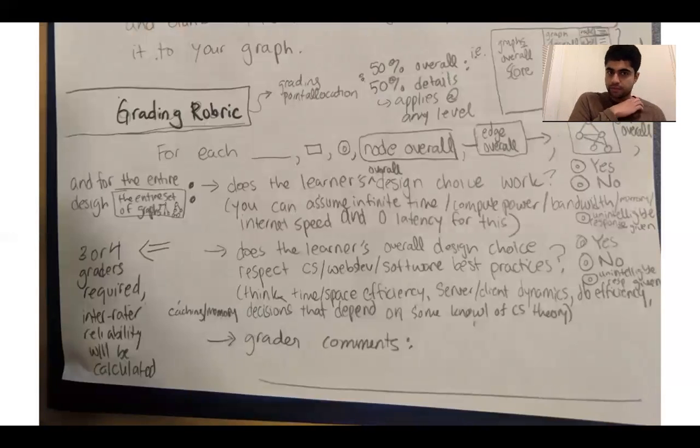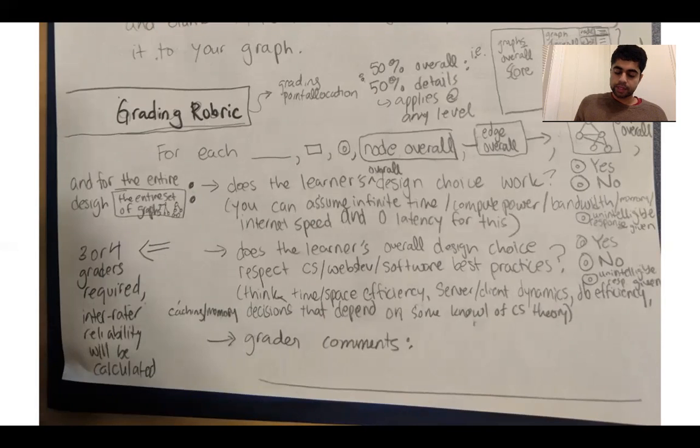Then we would have an objective way of grading this. The algorithm for grading this divides the score into overall and detail. First, a grader would assess overall whether the entire architecture is good or not, yes or no. Specifically, whether the design choice is good given infinite resources such as memory and time, and whether the design choice is good given finite resources. So basically, whether the answer works technically and whether the example would work in practice.